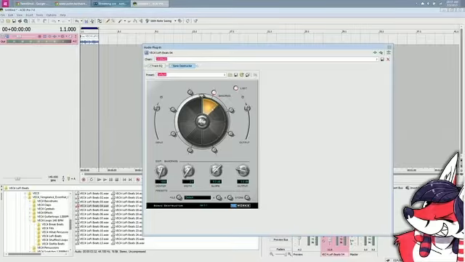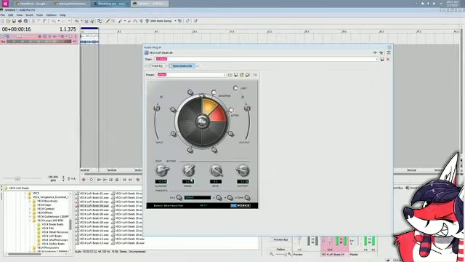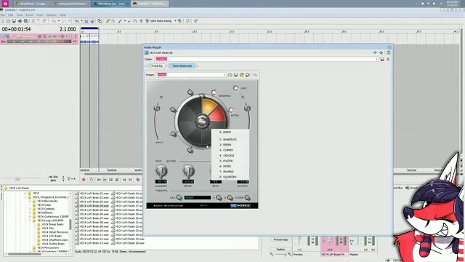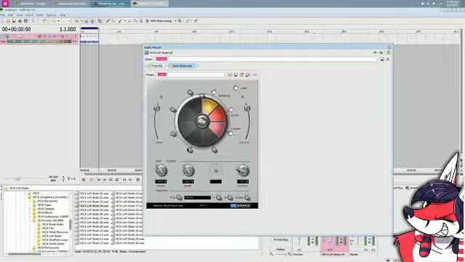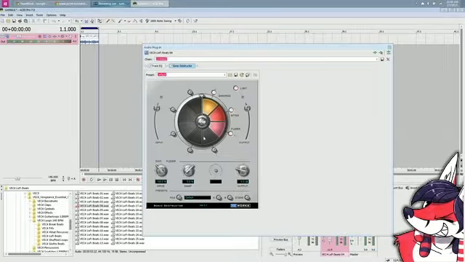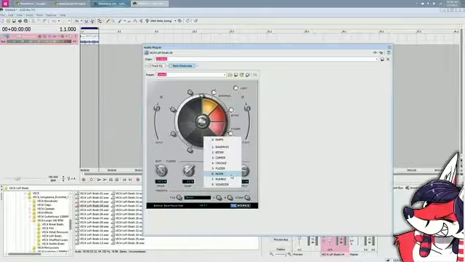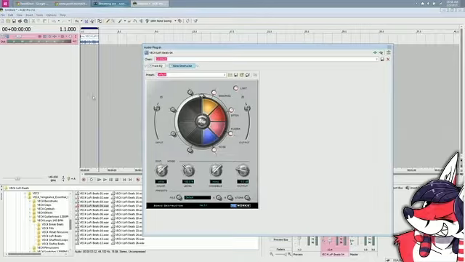Okay, so it's a chain, right? That's what this is. I can do a bit crusher. A fuzzer. Alright, that's pretty good. What does noise do? Oh, it literally has noise.